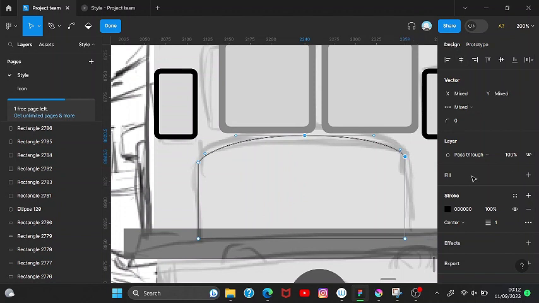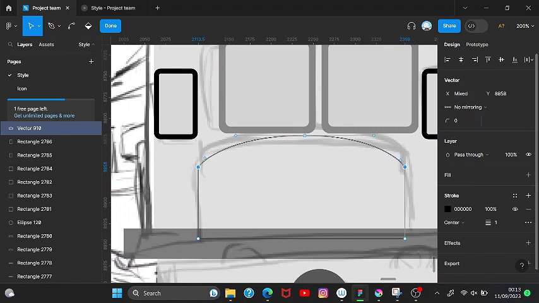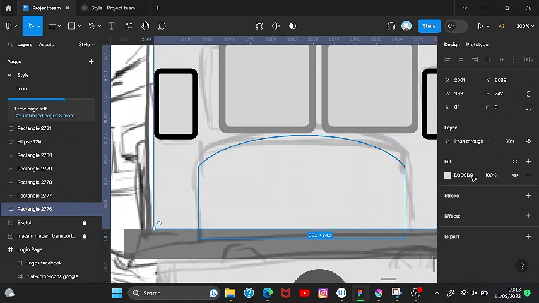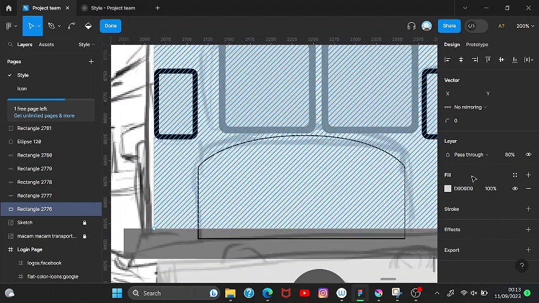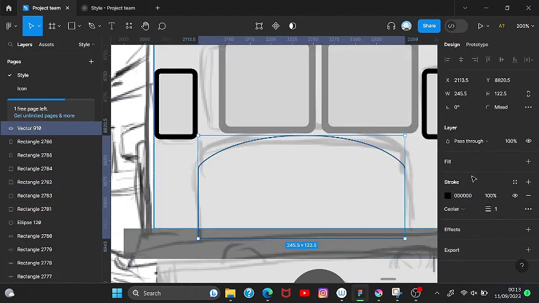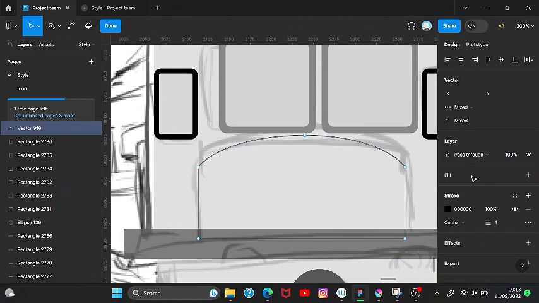And maybe, oops, just like this, and maybe set the roundness to 10, maybe 20. Okay, that's good. And then just add the fill